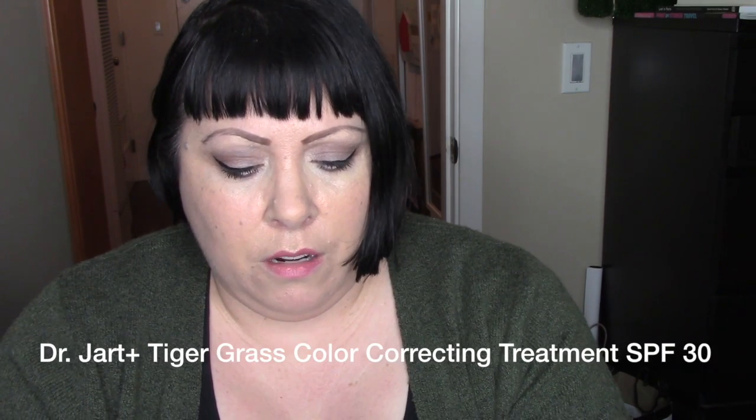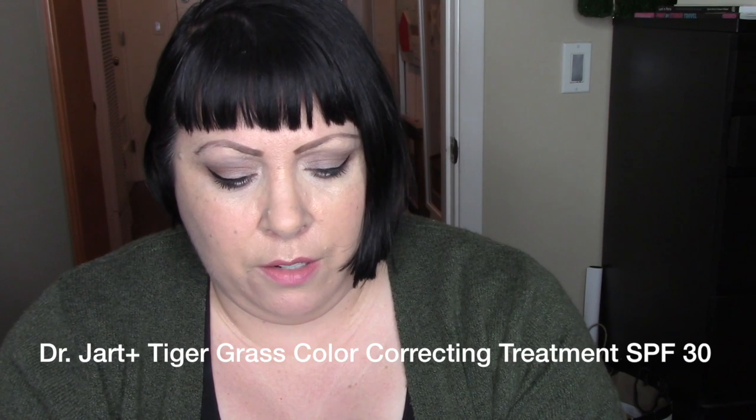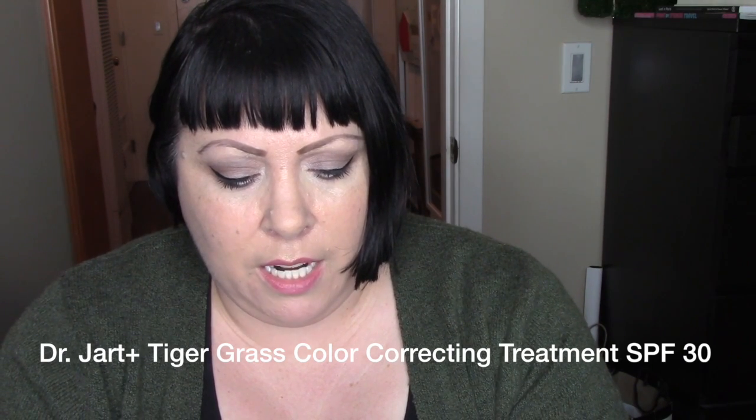Next, Dr. Jart Tiger Grass Color Correcting Treatment. What are you? Oh, it's a color correcting treatment. It's a 30 SPF broad spectrum. Apply all over the face morning and night after a serum. This is interesting. Color correcting. Oh, so it's